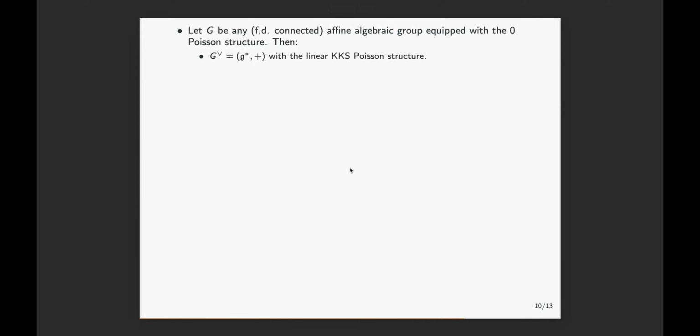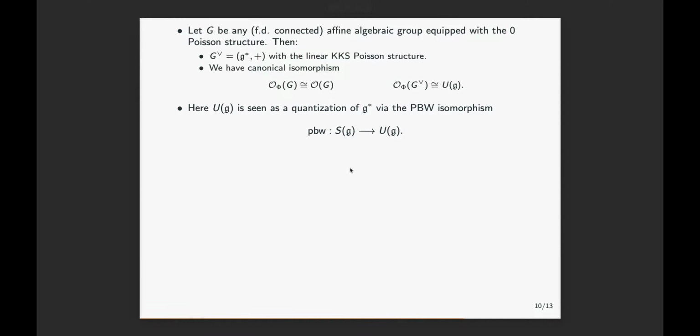And here KKS is Kirillov Constantin. So the claim is that this is actually not entirely obvious, but this is true. If you apply this Decoppet quantization to those, for G you would get nothing. There is nothing to do. And for G dual, you get the enveloping algebra of G. Of course, it's well known that the enveloping algebra of G is a quantization of the Poisson manifold G dual. I claim that as an algebra, it's kind of trivial, but I want to emphasize this is a quantization of the Poisson group G dual.